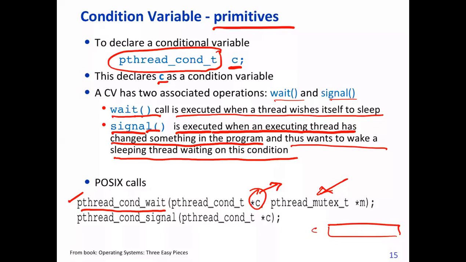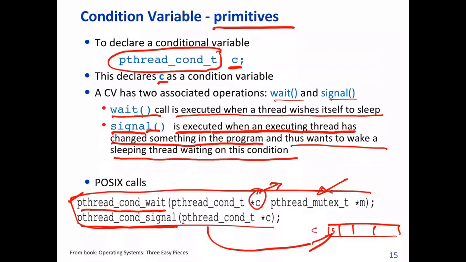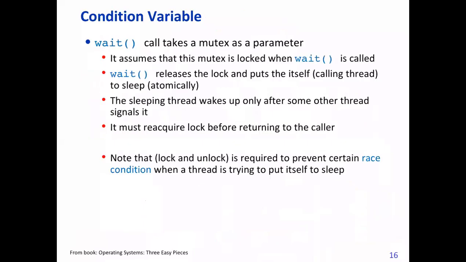And then the second is pthread_cond_signal. It's just the opposite process. The thread that runs it wakes up one of the sleeping threads. Suppose this one is sleeping, it will wake this up. Now who does this? Although users can use these primitives, all this putting of the thread into a queue and removing it from the queue is the role of the operating system or kernel. Any question?